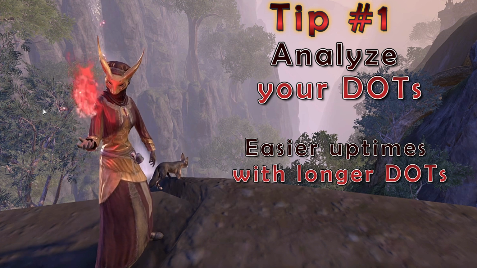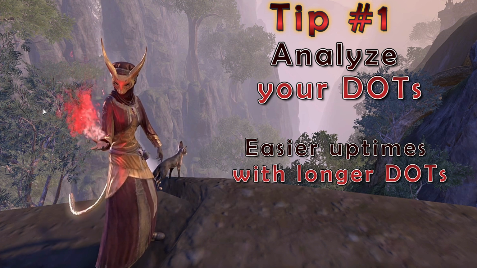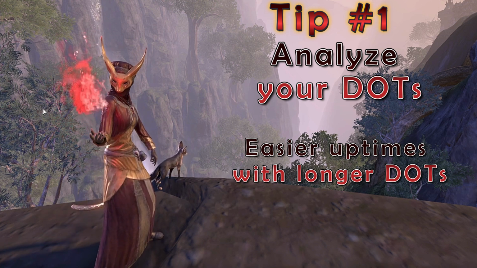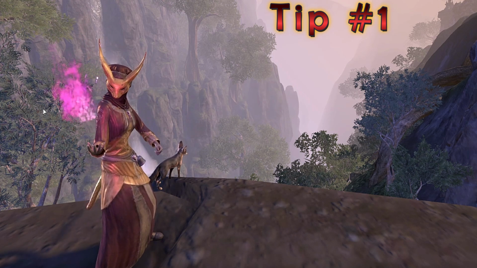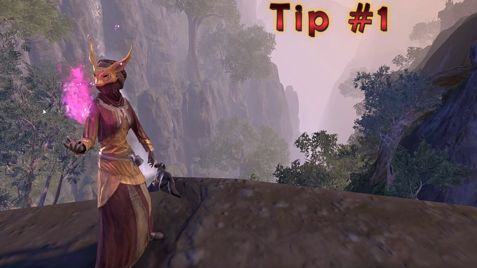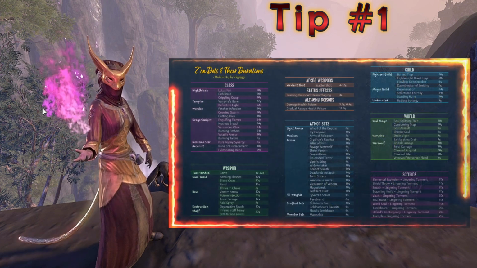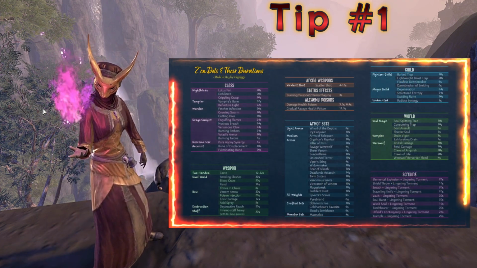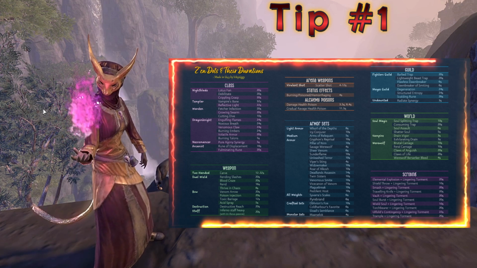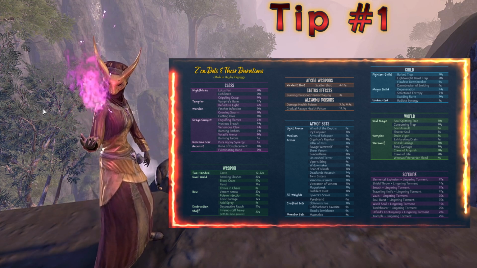There are tons of skills in ESO that do damage over time, and a great resource for visually organizing these can actually be found over on Healer Haven. Healer Haven has a ton of resources, but one of their things is talking about Zen builds. And they have this amazing graphic which will